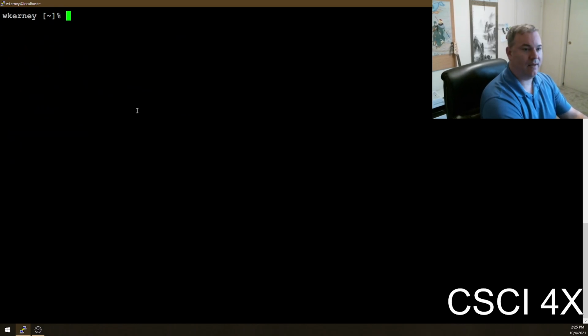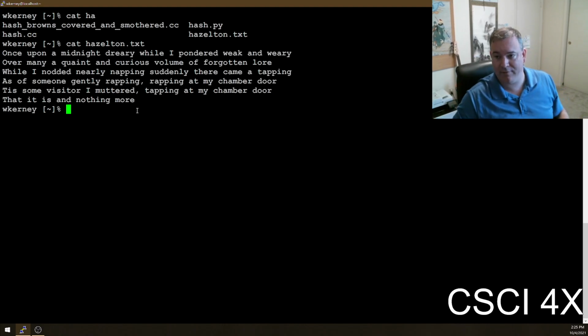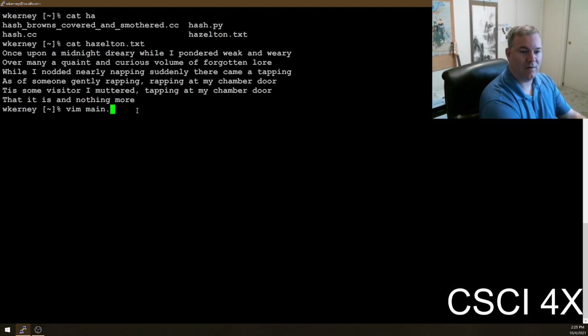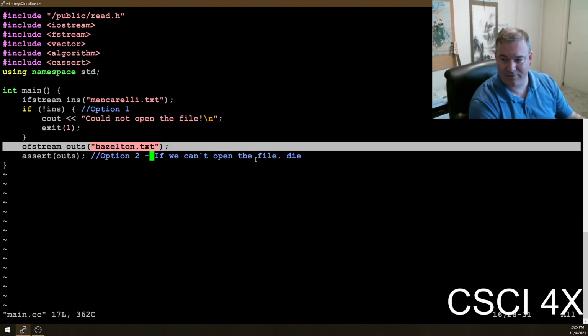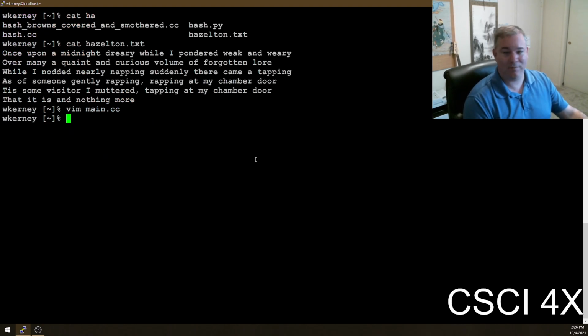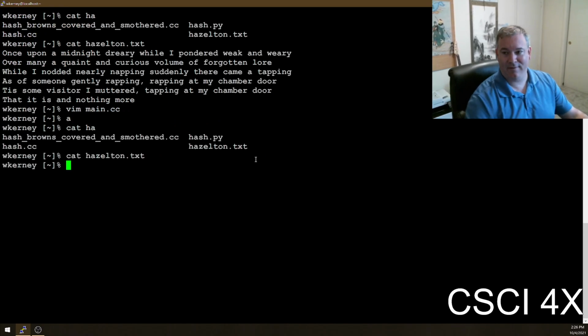Okay. So if we look at the file Hazelton, I just put a bunch of text in there, right? First of the Raven, more or less. Probably made some mistakes, it's fine. So if I run this program, it's going to open hazelton.txt for writing. And when you open a file for writing in C++, by default, it deletes the existing file. It sets it to 0 file length. So all the permissions and all that stuff will stay the same, but the file will have anything in it purged. So all that effort I put into writing the Raven, if I now echo Hazelton, there's nothing in it.